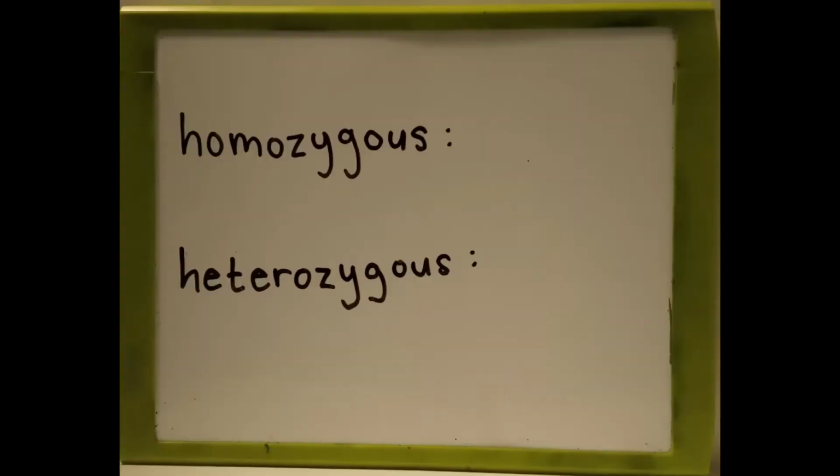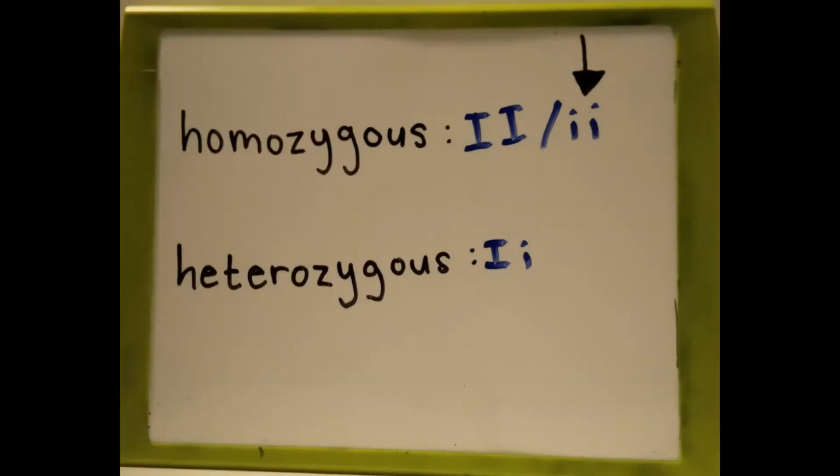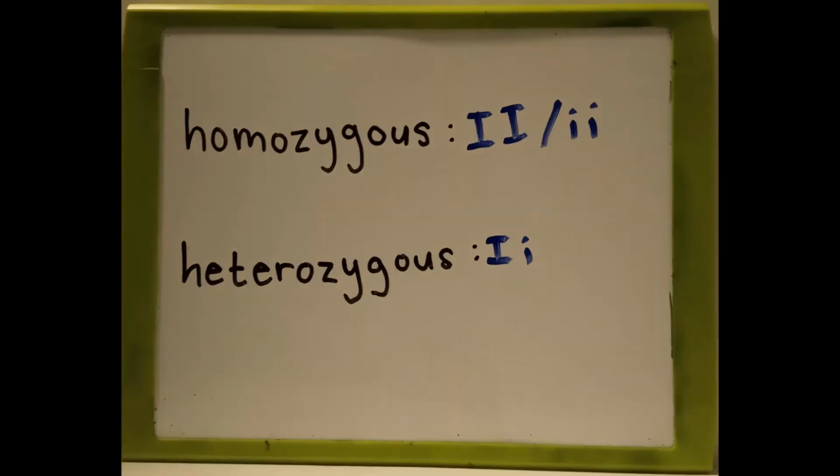Genes are either homozygous or heterozygous. Homozygous genes have the same alleles. Heterozygous genes have different alleles. In heterozygous genes, the dominant allele is expressed. This means that in order for a recessive allele to be expressed, the gene must be homozygous with two recessive